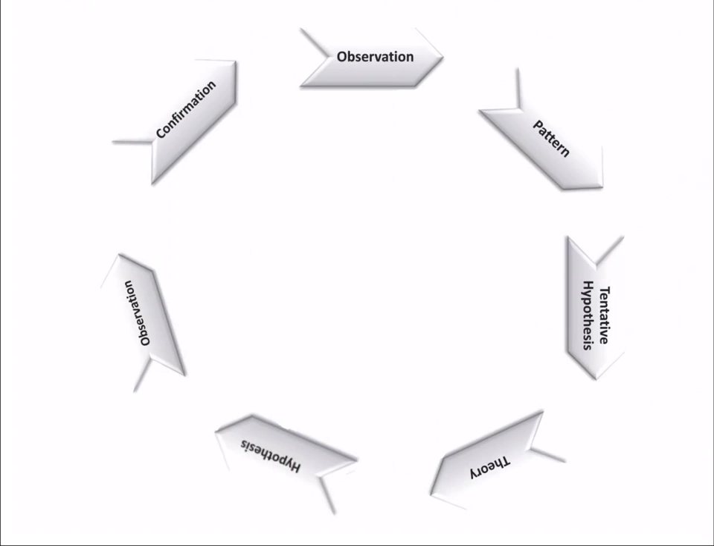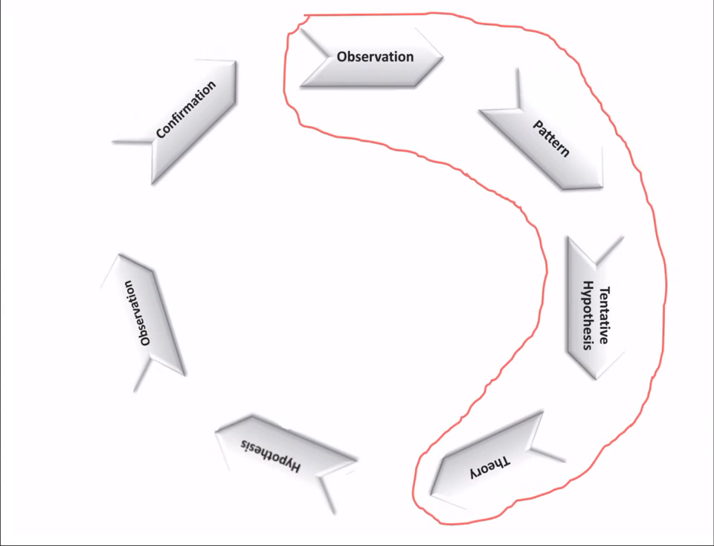But if you look at it, your confirmation, which is essentially confirming the theory, is based on observation. Your confirmation would lead to more observations, you'd see more patterns, and so on. So it's actually a circular process, and the circled area in red is talking about an inductive process, while the